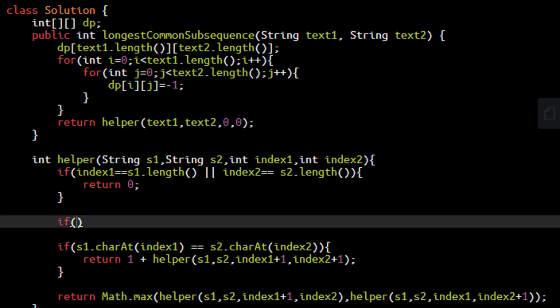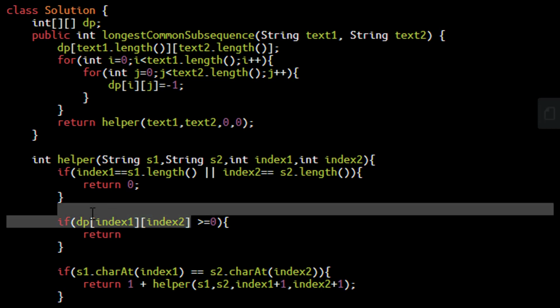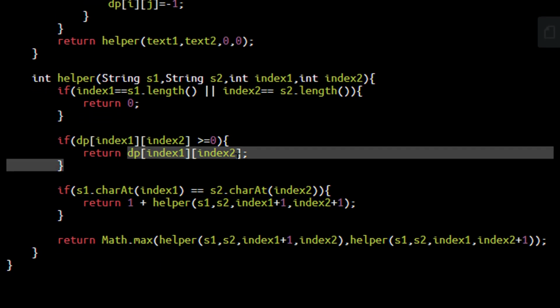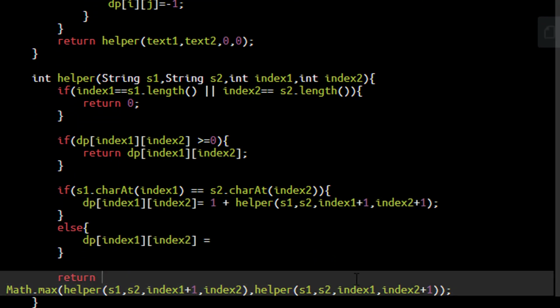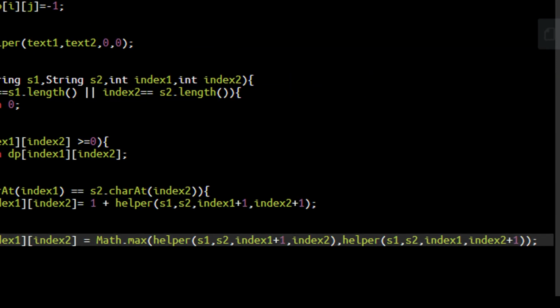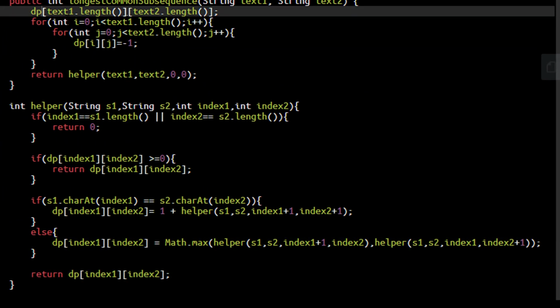Now if we have already calculated the value of this index 1 and index 2 mapping, that is, it is greater than or equal to 0, then we can simply return this value and we need not calculate it again. Otherwise, we need to put these values into these indexes. So this Math.max will also go into this. And lastly, we will return this index value.